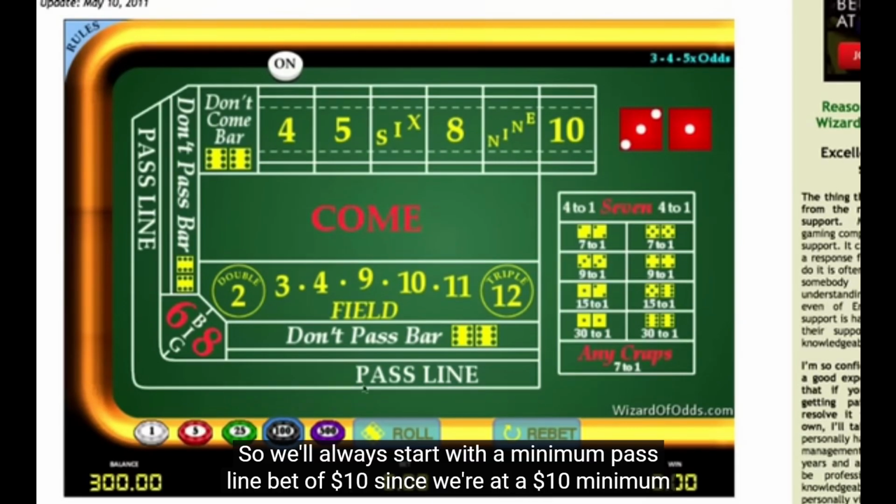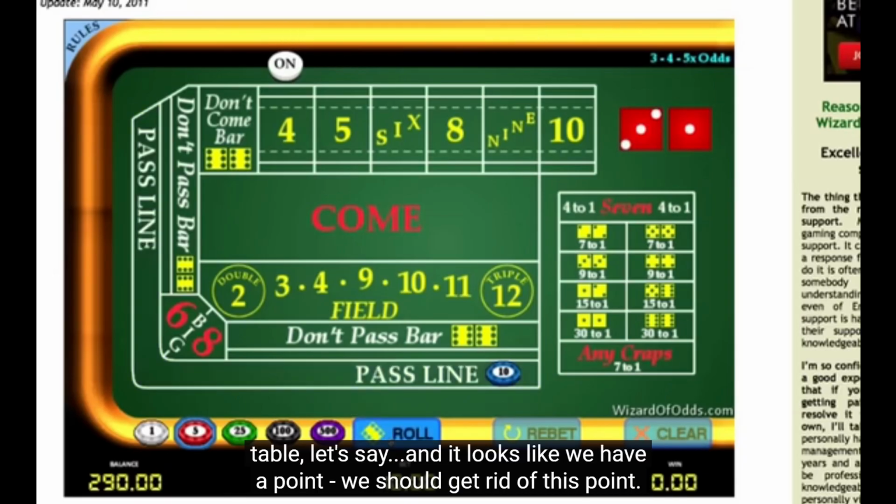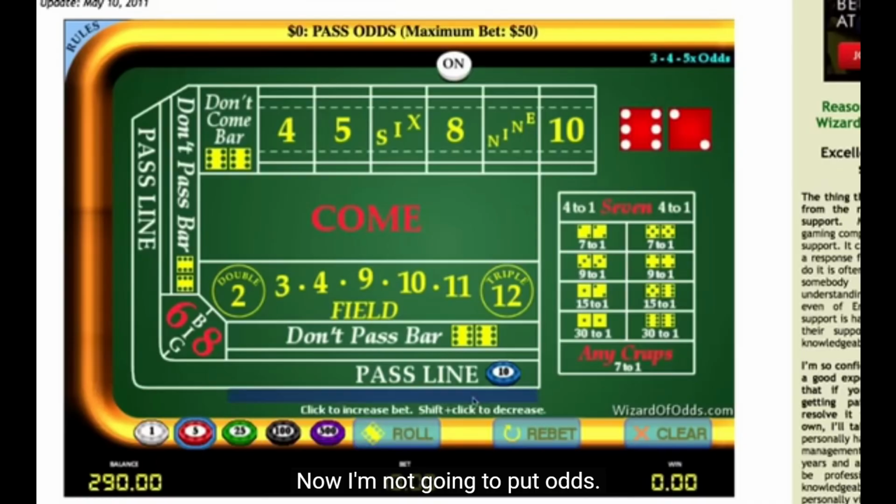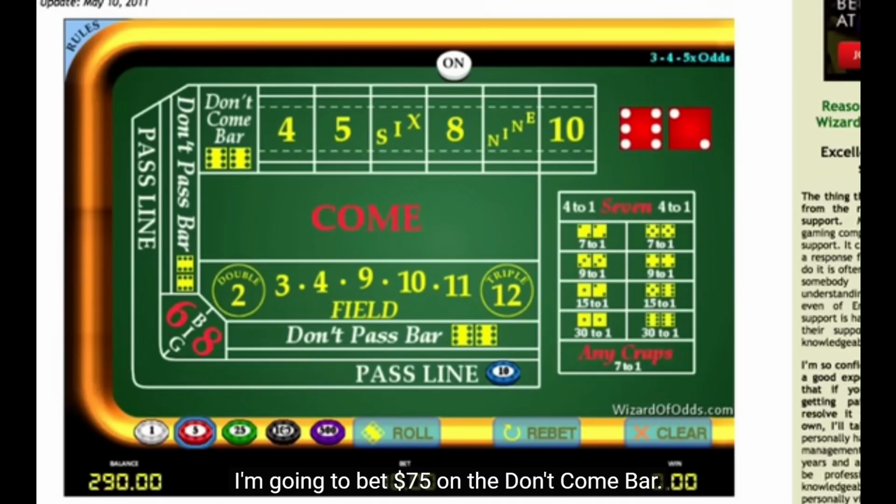So we'll always start with a minimum pass line bet of $10, since we're at a $10 minimum table. Oh, and looks like we have a point. We should get rid of this point. Okay, got rid of the point. So $10 minimum bet on the come out, and we're on the 8. Now I'm not going to put odds. I'm going to bet